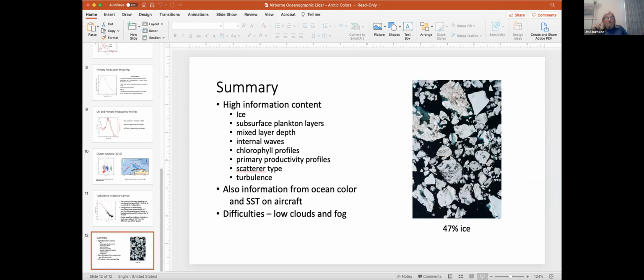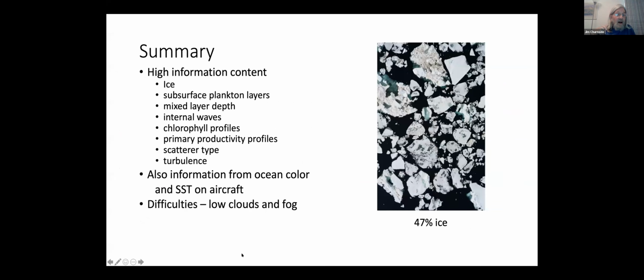So slide 9, so you got that. It was the turbulence details that kind of got missed. We looked at turbulence in Barrow Canyon and found significant correlations between the turbulence in Barrow Canyon and upwelling conditions. Upwelling, more turbulence; downwelling, less turbulence.